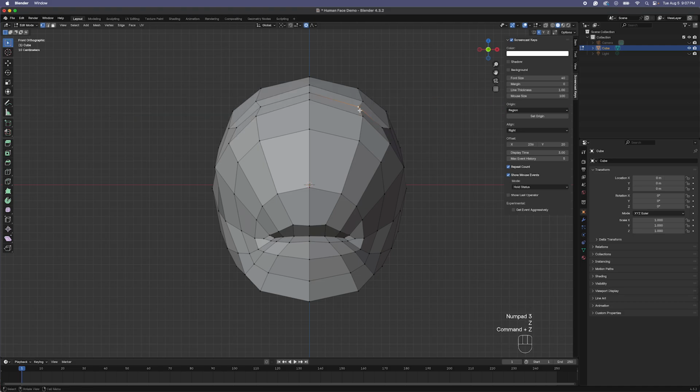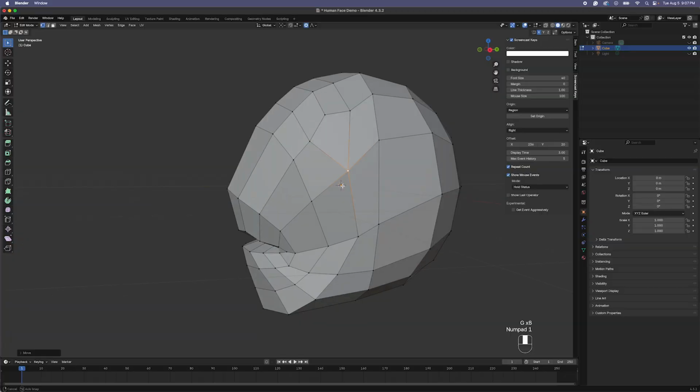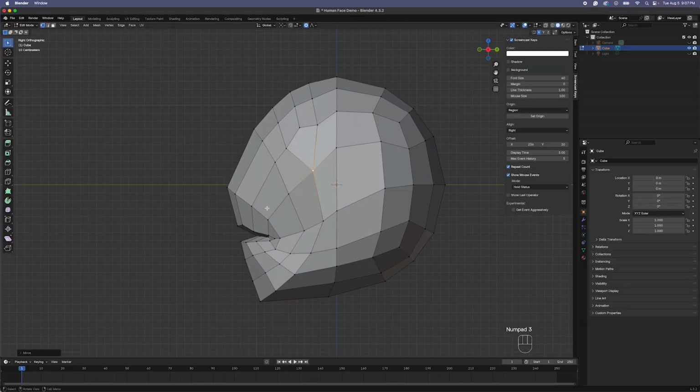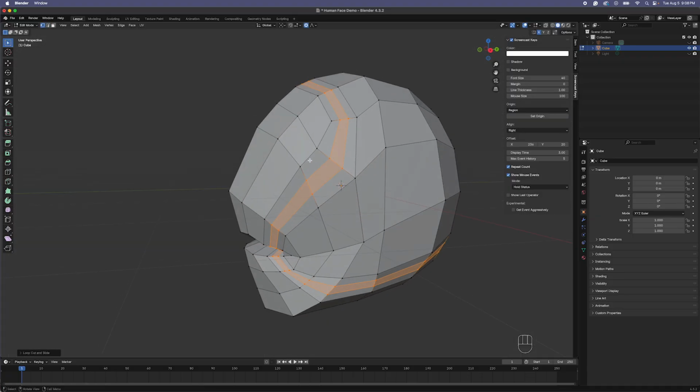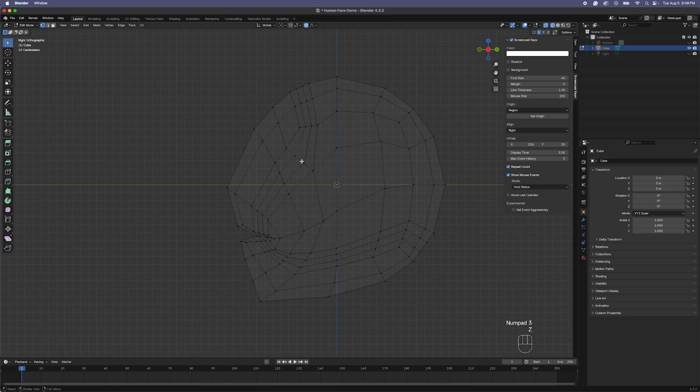Whoa. All right. So now this is going to be where the brow will be. So we'll add some loop cuts here, and then I always get this wrong. Okay. Believe it or not, that's where the eye is going to be. So let's do one thing here. Let's